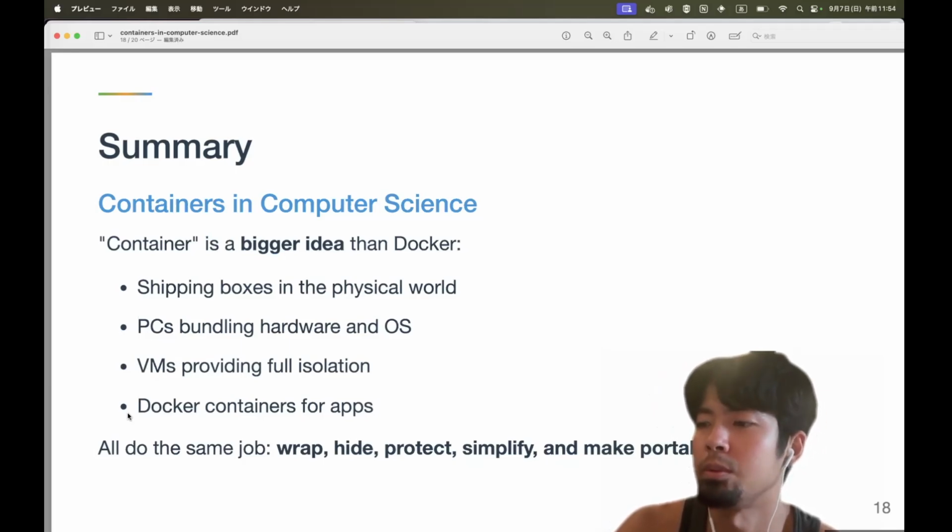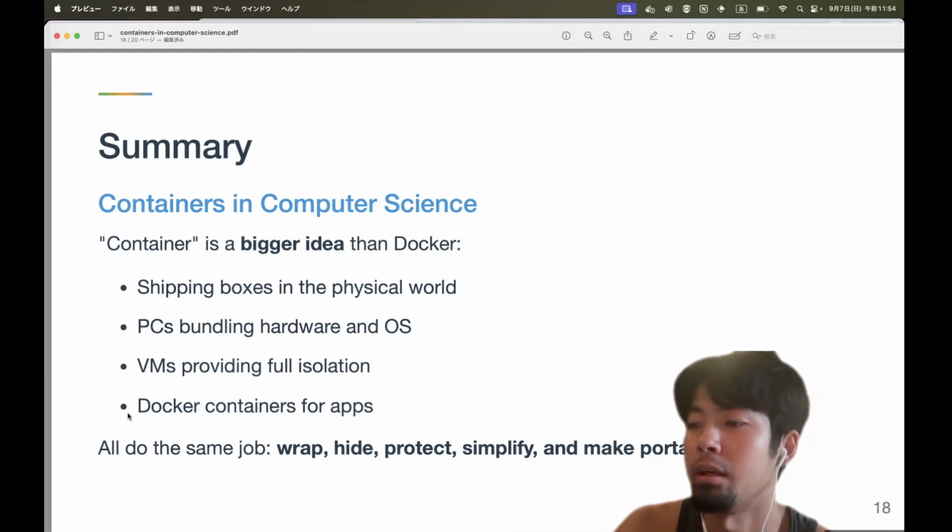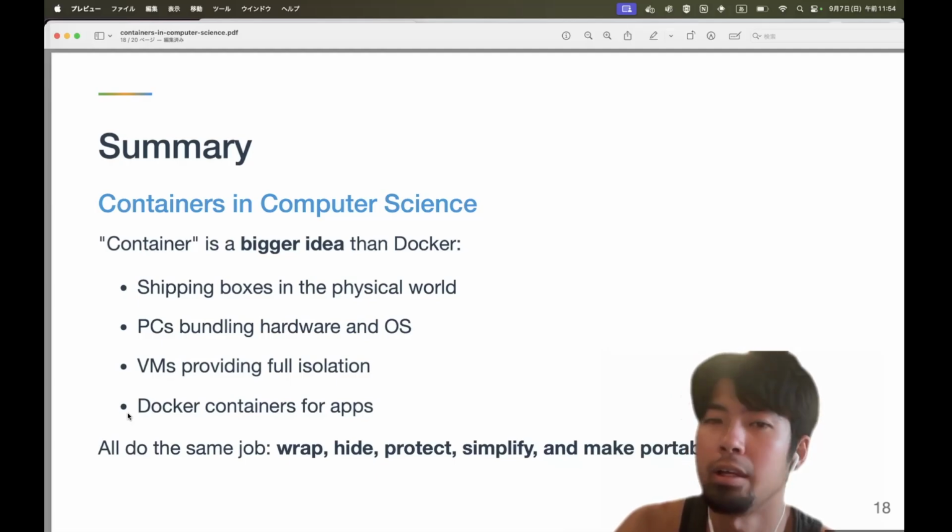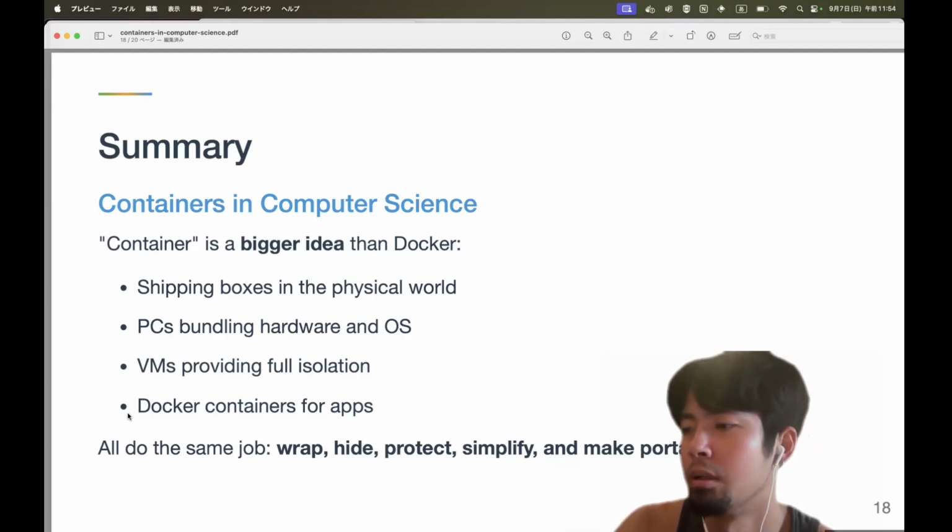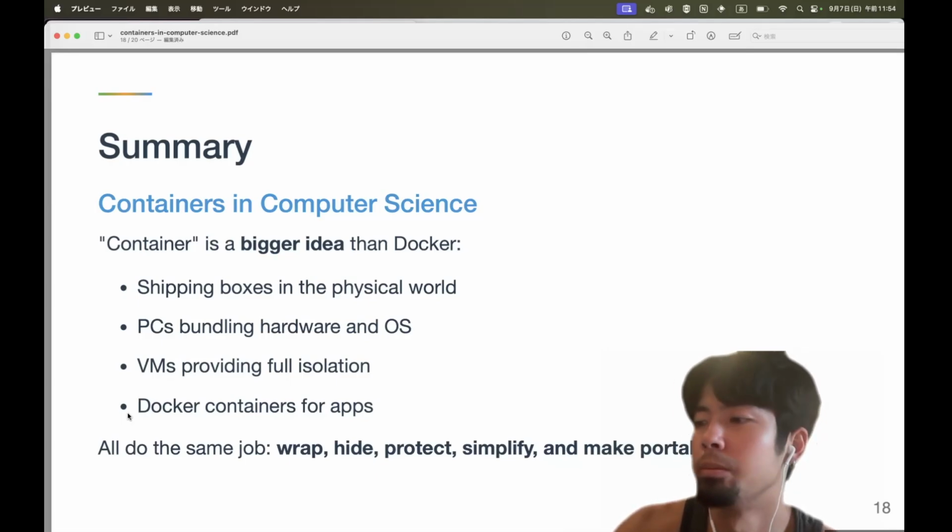All of them do the same kind of job. They wrap something, hide the messy parts, protect the inside, give a simple interface to the outside, add a bit of identity, a name, a label, and make it easy to move,